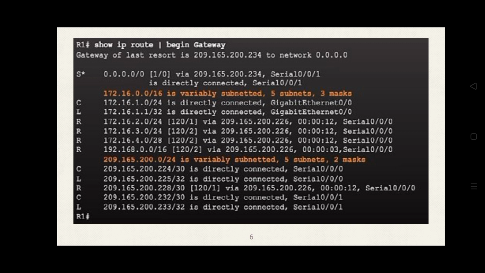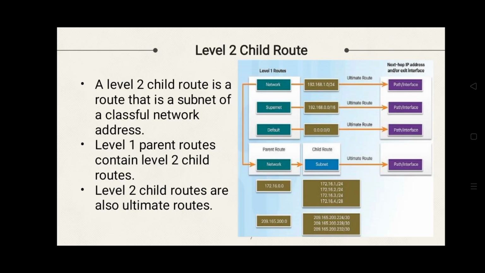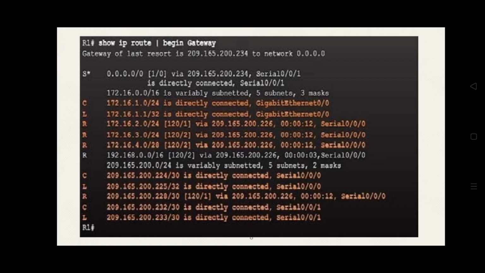Then the child route, the level 2 child route, is of course the child for the parent route. Level 2 child route. A level 2 child route is a route that is a subnet of a classful network address. Level 1 parent routes contain level 2 child routes. Level 2 child routes are also ultimate routes. The child route, or the level 2 child route, is of course the child for the parents, which means that